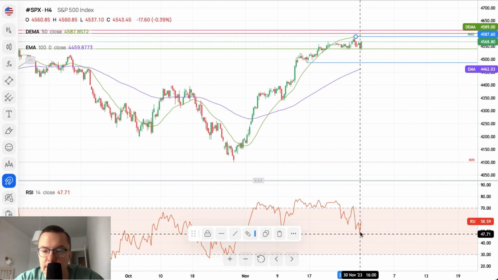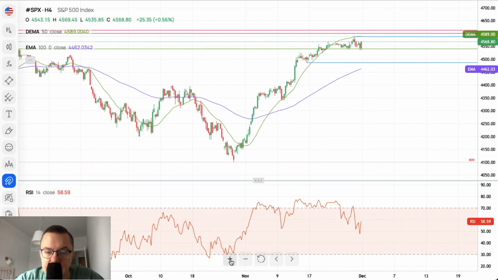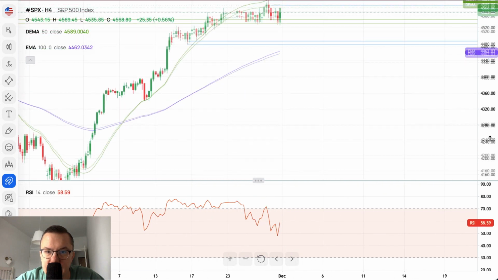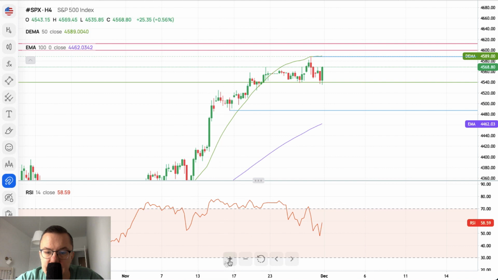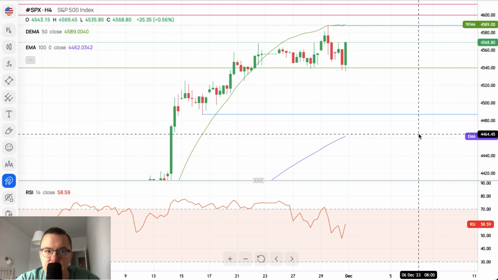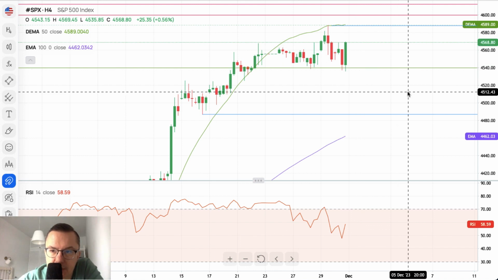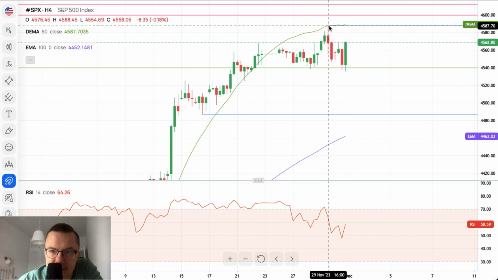Now we have a pullback, but it bounced from the level of 47, and then we immediately bounced towards 59. So it looks like the next target for bulls is still to the upside, the high of 2023, and as long as this is the target level for the bulls, we cannot say that the uptrend has been terminated. Okay, very nice reversal in S&P 500. Last month of the year, we might see some erratic movements on S&P 500, most likely back to the upside. So please stay focused. Keep an eye on the moving average and the last high,